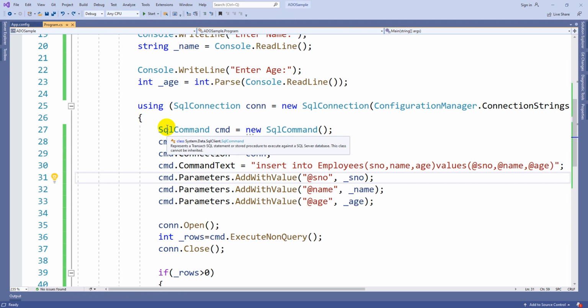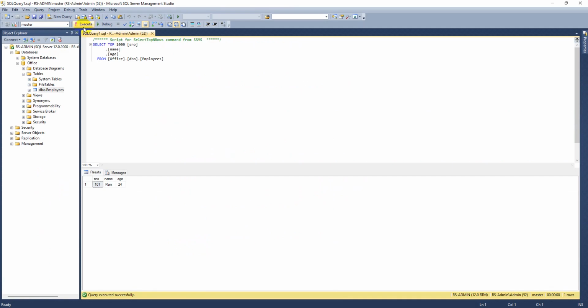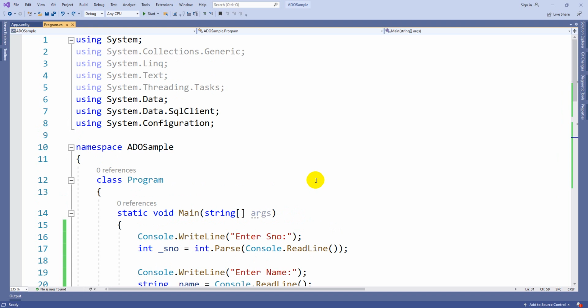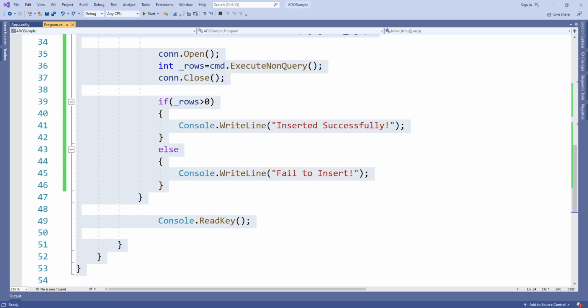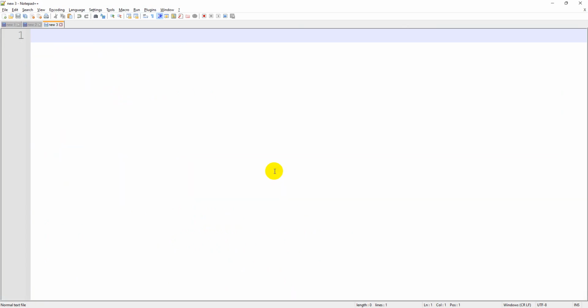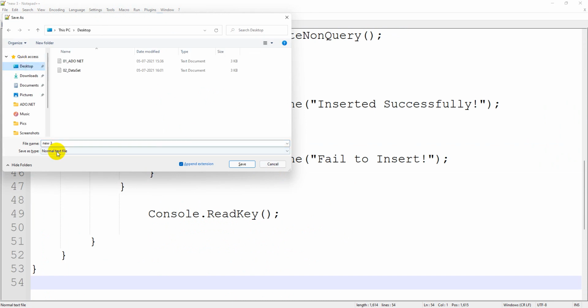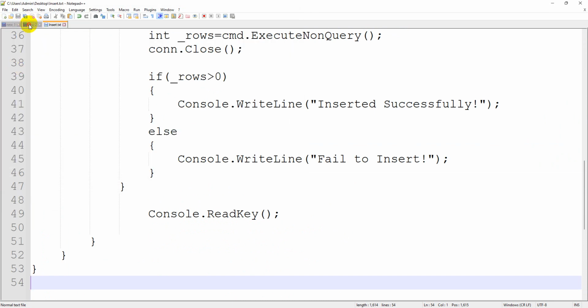Whenever you execute one more time, it will ask for a new value again. So here also in the SQL table you can see the record was inserted. So this is how we can insert the data into an SQL table. So this is how we can save the data. Let me save this and I will share it with you.